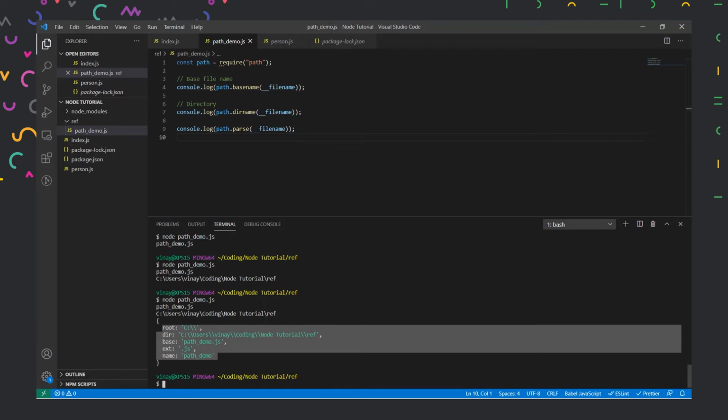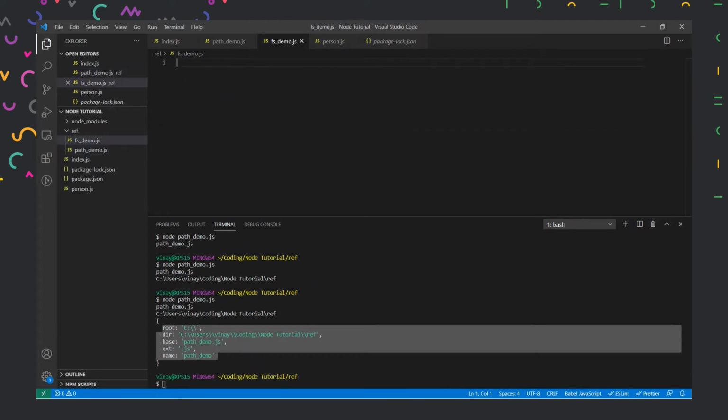Now we'll discuss the file system module. To import the file system, before that, let us create the file fs demo.js.